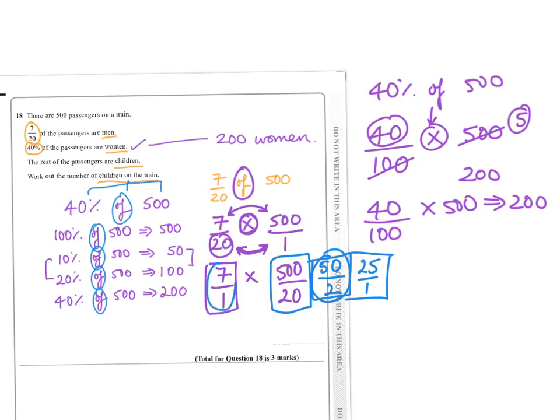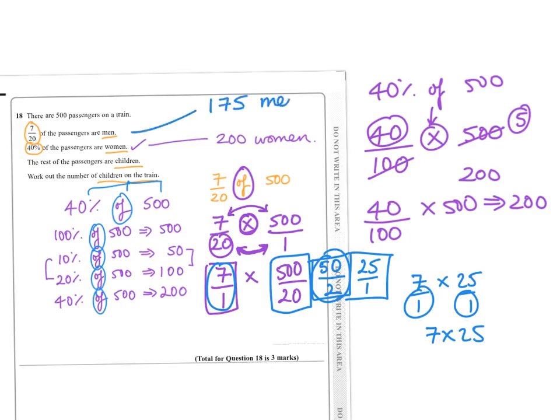So what you'll be left with is 7 whole ones times 25 whole ones, and then you don't need to write this denominator here, so the answer would just be 7 times 25. And if you know that 4 25s is 100 and 3 25s is 75, then you've got the answer here, that there would be